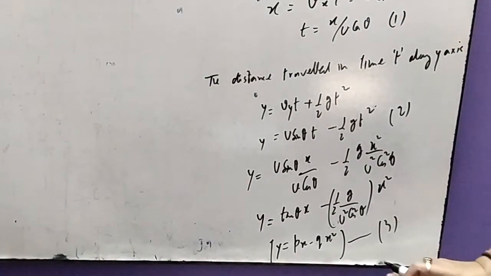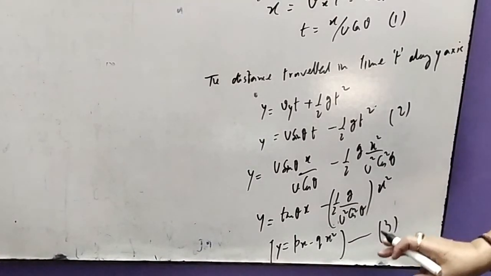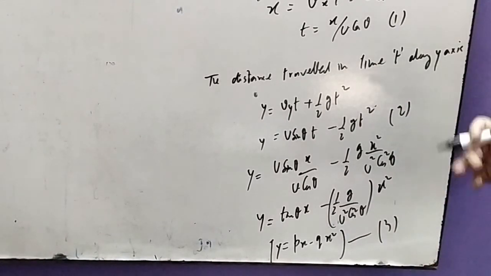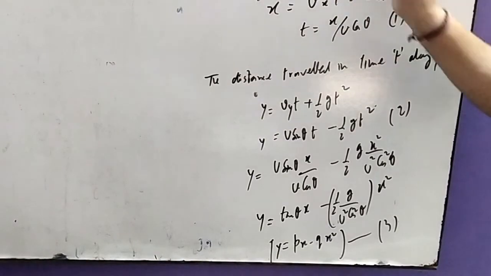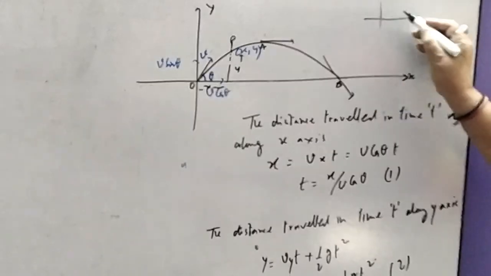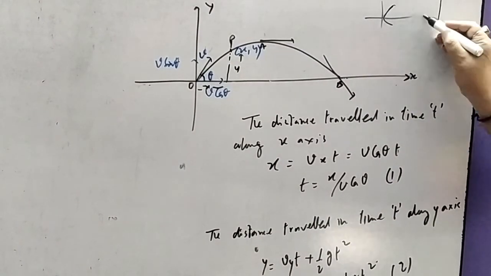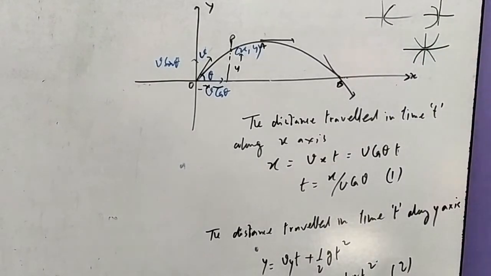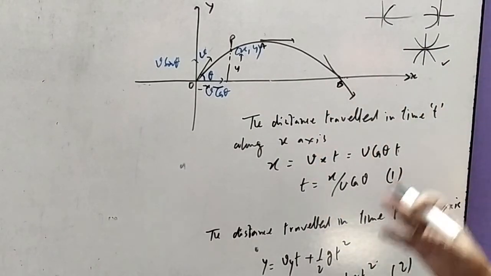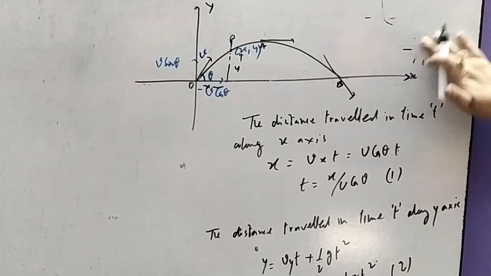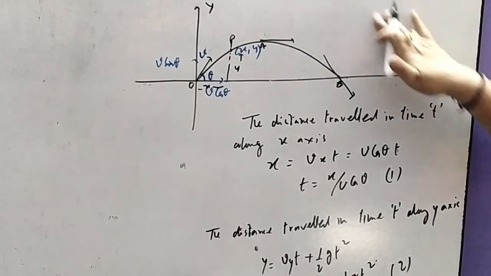We can observe this equation is the equation of a parabola. That means the path of projectile is a parabola, a parabolic path. The path that you see here is what we call parabolic. You know a parabola is of this type, this type, this type. Here it resembles this one. So the path of projectile is a parabolic path, and this is a very important relationship. You have to know how this is found.